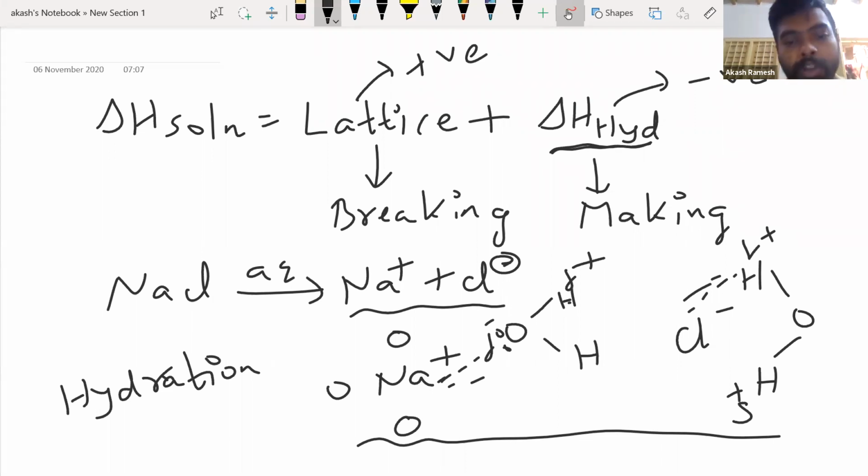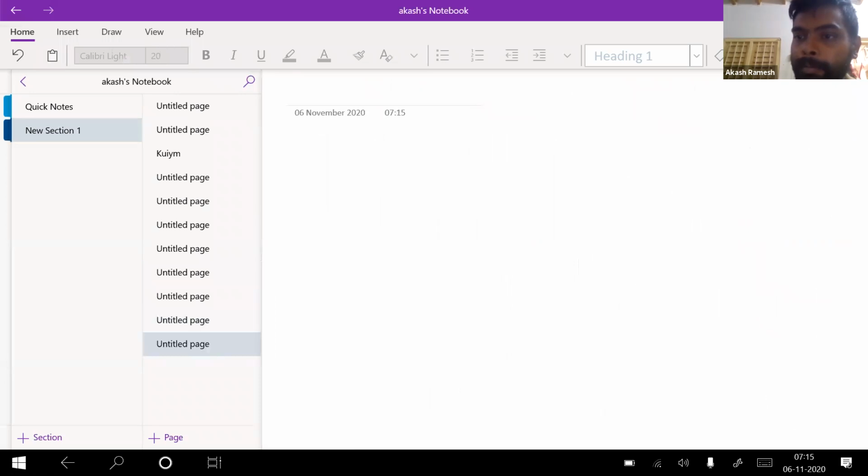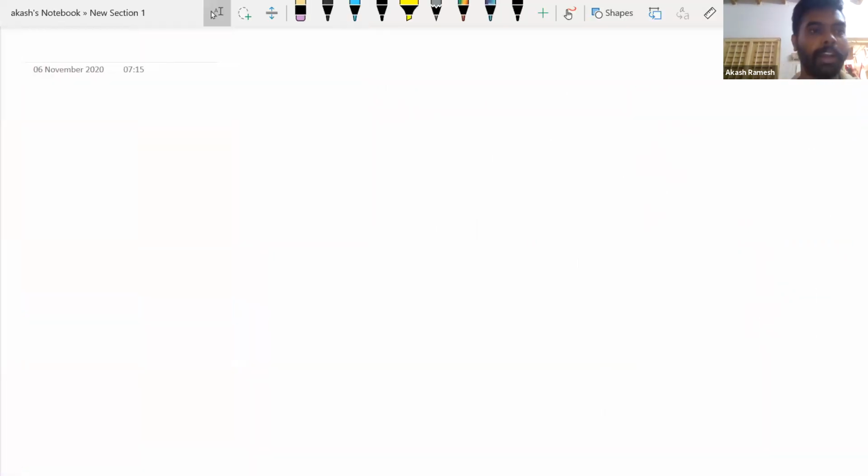Okay. So now, since we saw the definition, what is going to happen? I have an anhydrous substance and it is going to get hydrated. That means I'm going to add water molecules to that. As simple as that. Now, how will I write a reaction for this is the next question, isn't it? So we'll take the next page and I'll try to explain that.